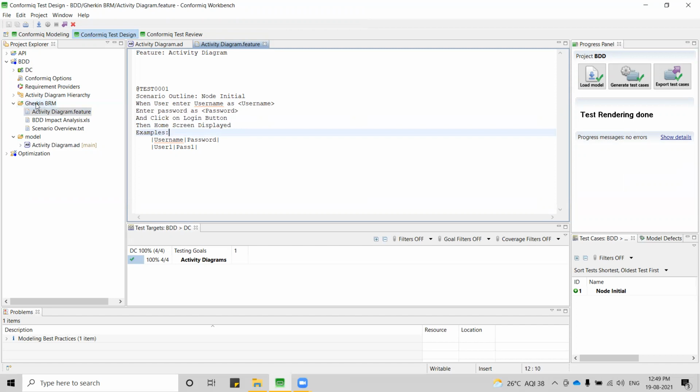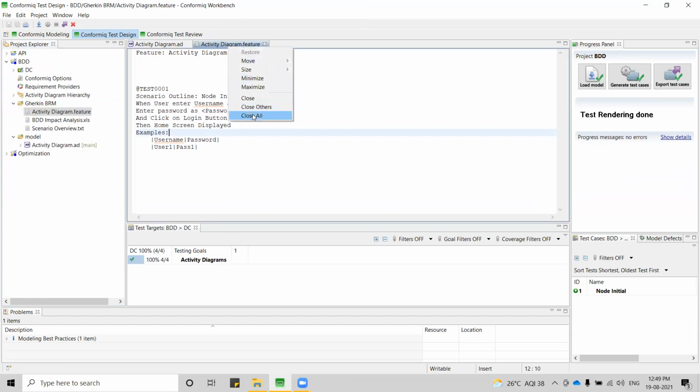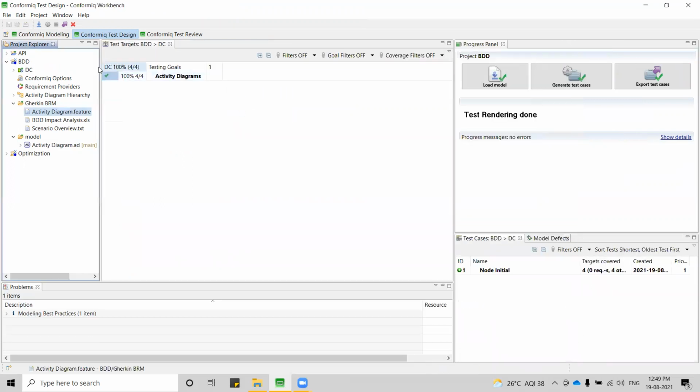So this is how you can use BRM scripter, Gherkin BRM scripter on top of this business models, so that you can see how the feature files are getting generated. So to explain you, this is all about using the Gherkin BRM scripters to generate the feature files. So now let us go into the other topic,